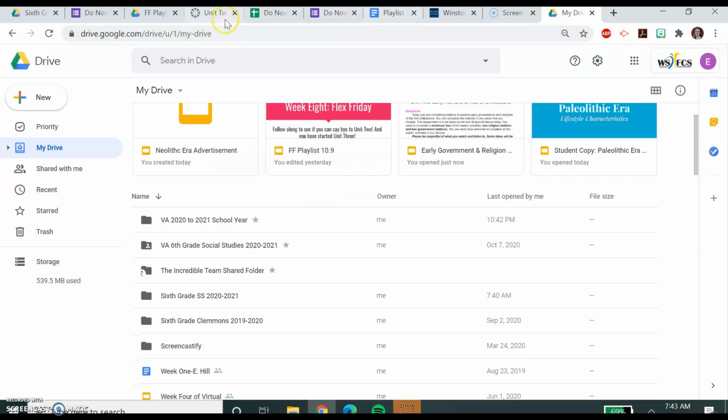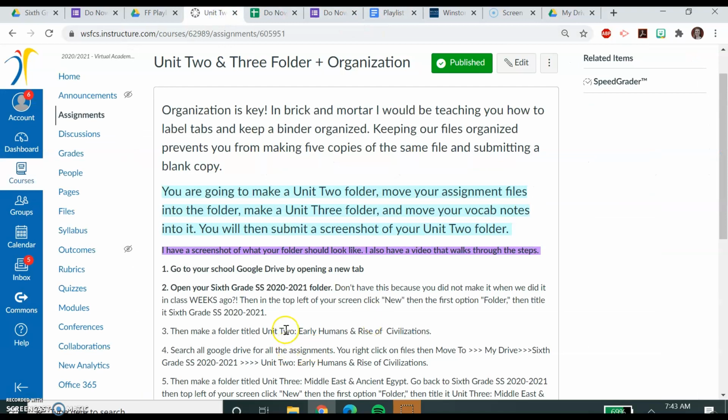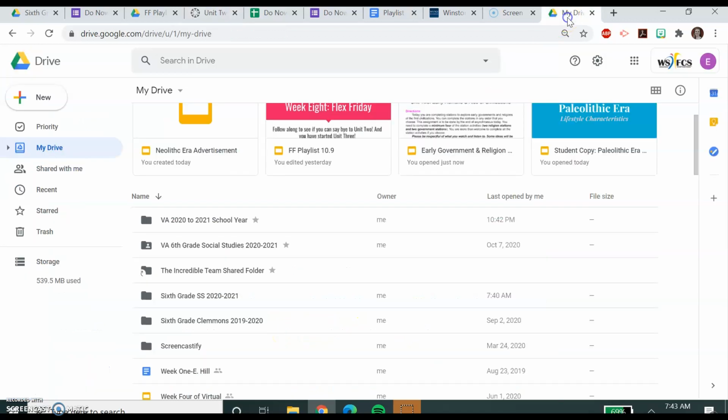Okay. Next on the instructions, then make a folder titled Unit 2, Early Humans and Rise of Civilization. So come back to the drive. By now, you all have this folder. You either already had it or you just made it. You click on it,